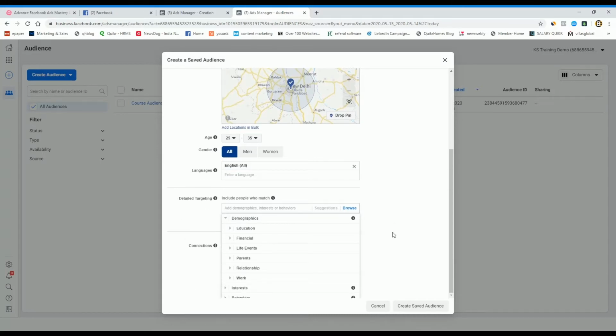In demographic, Facebook gives options like education, according to their education level. You can go ahead with financial, their income level. Then live events, such as living away from family or away from hometown.